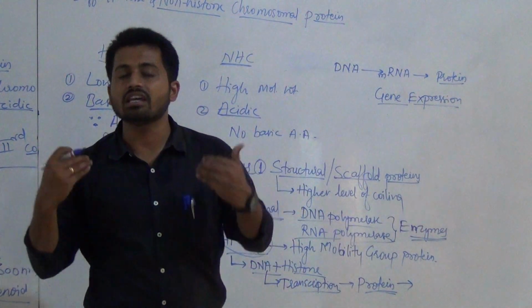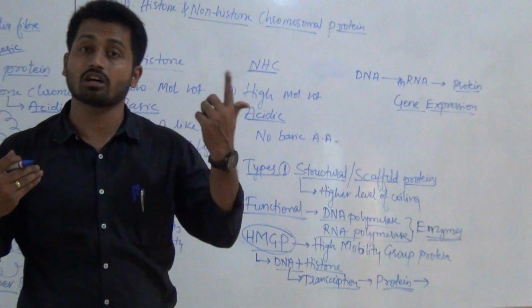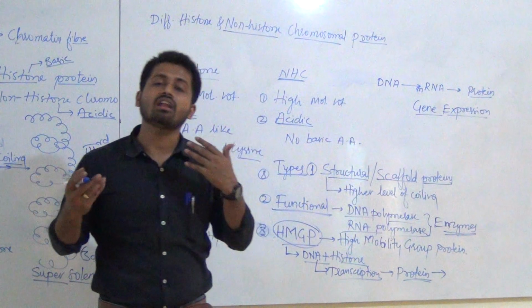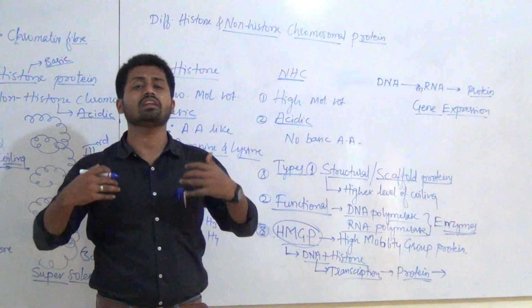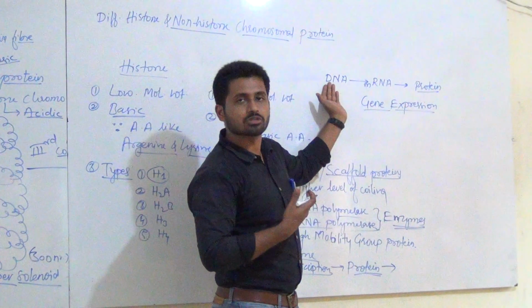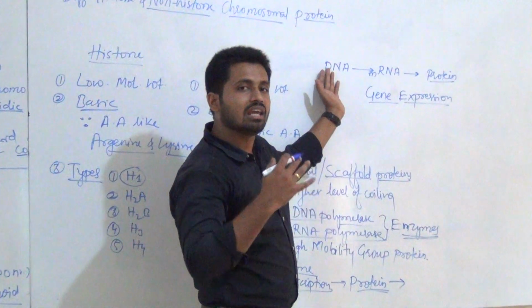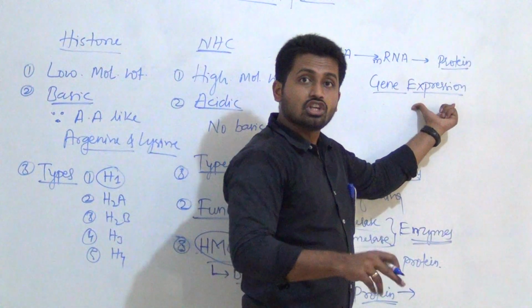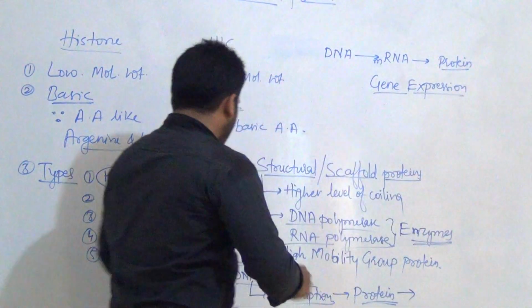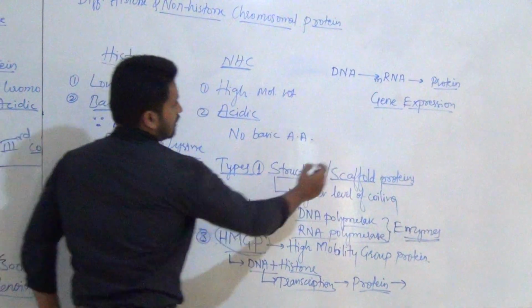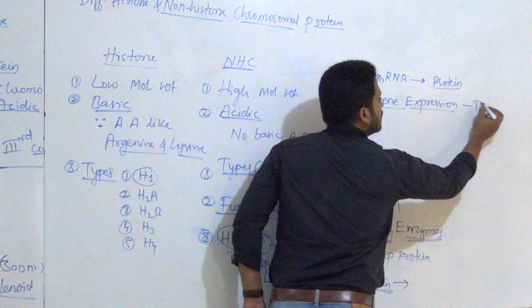For example, our eye color, nature of our hairs, curly hairs, straight hairs, color of hairs, color of skin, our height, our appearance, whatever is totally dependent upon our genes. Genes are nothing but fragments of DNA. DNA wants to express itself. It means gene expression is going to be initiated by these proteins, and hence these are considered as gene expression initiator,